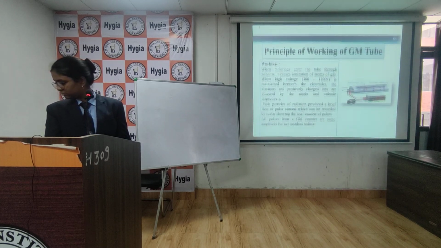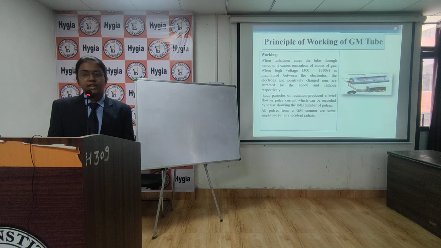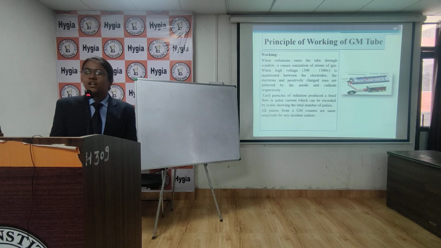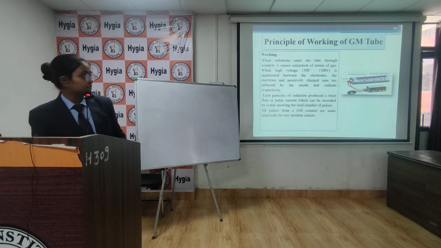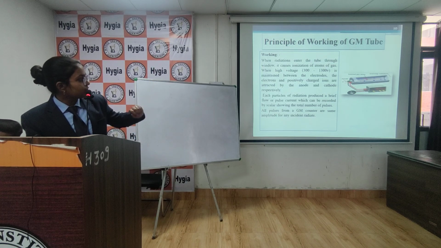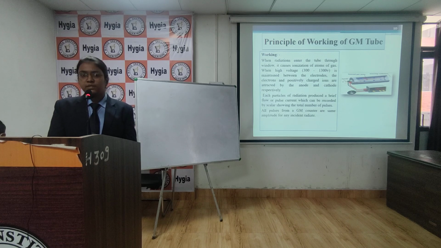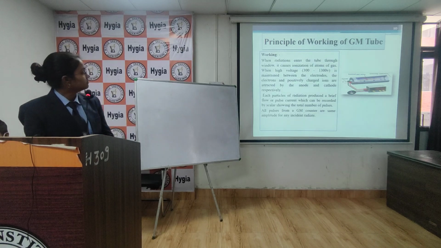Next slide. Let's take the example of solid isotopes. In the GM tube, when we use solid isotopes, they get charged and they are collected on the thin mica window that is present at the side of the GM tube, and then the scaler notes the number of radiations present there. The number of radiations or the pulse present is never variable inside the GM tube. It is always the same. Next.